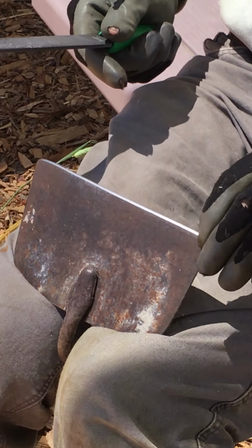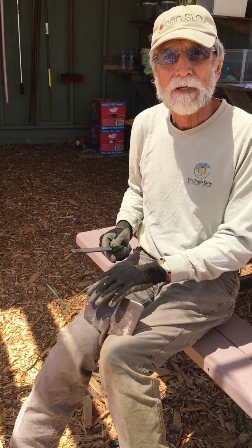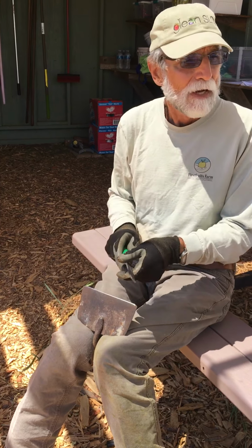And that's really nice. That's a nice clean surface, and it's ready to cut into the soil and cut those weeds off. So now next